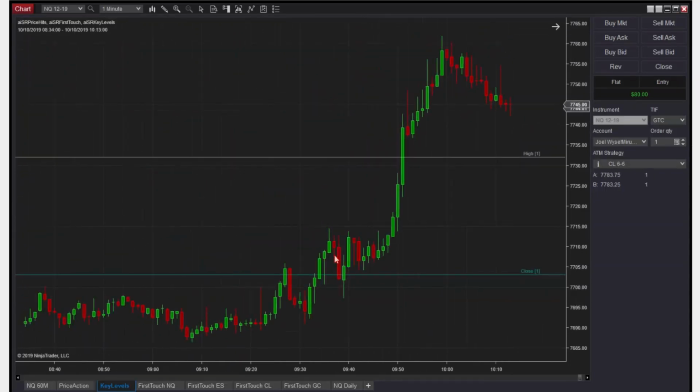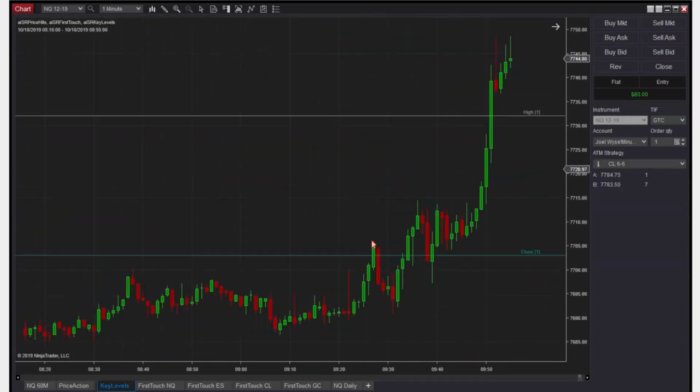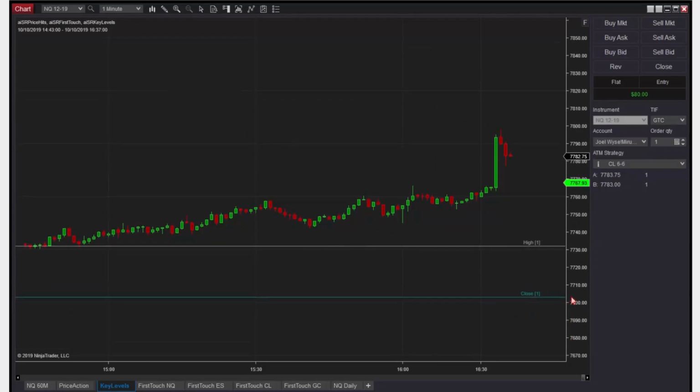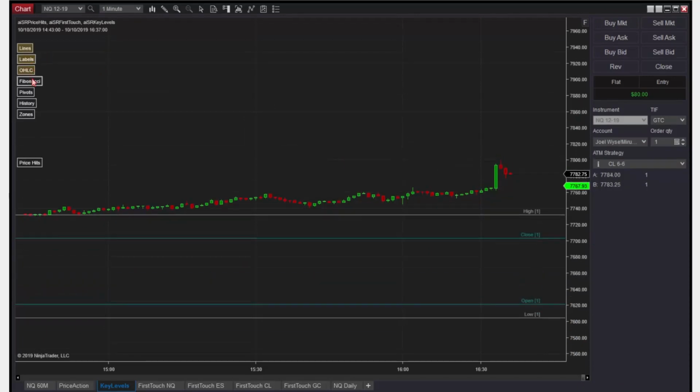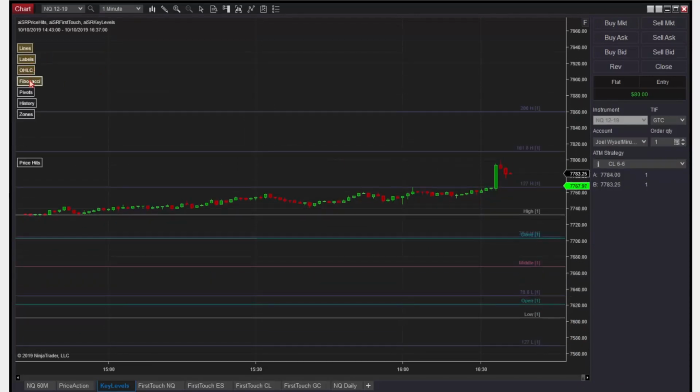Here it blew through it, but again, you know, it's not always going to be perfect. Yesterday's close on the open had some effect. All right, anyways, so going back to hard right edge, the next thing we're going to turn on is the